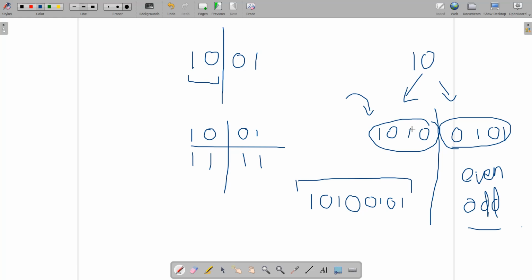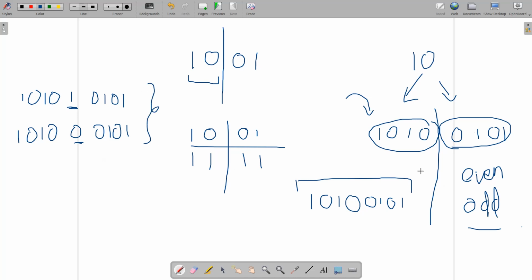For making an odd length palindrome, the left half is 1010, and I can place 1 over this position and again the reverse, 10101. Or I can place 0 over this position and again the reverse. So there are two possible cases for an odd length palindrome, and there is only one case for an even length palindrome.